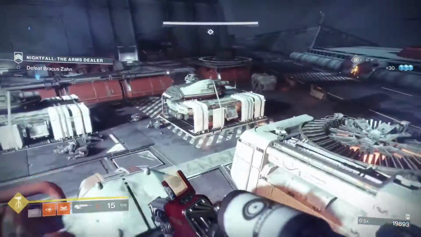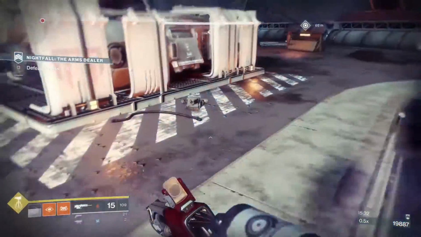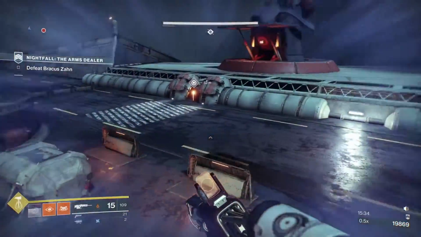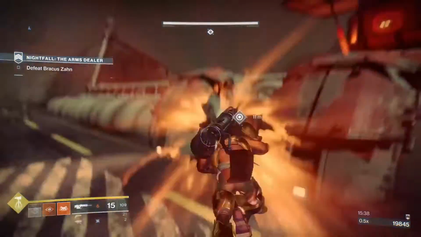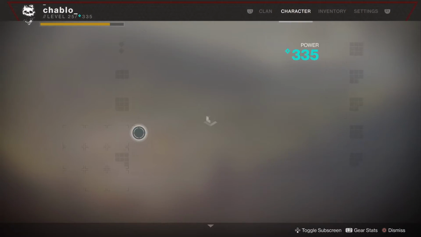So now we need to go and dunk the relic and then kill the boss. We have 2 coils so we can switch. We also have a super as well. He's only got 1 bar of health left, so...